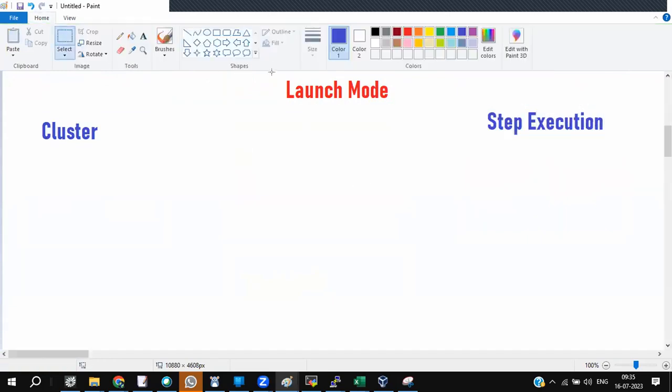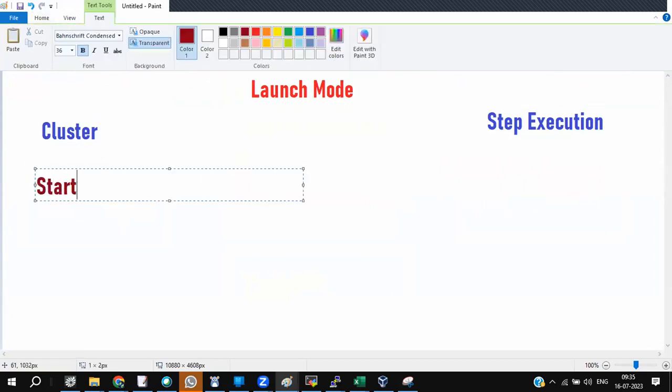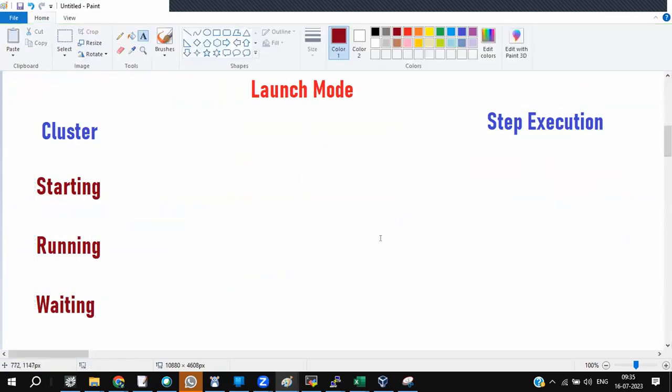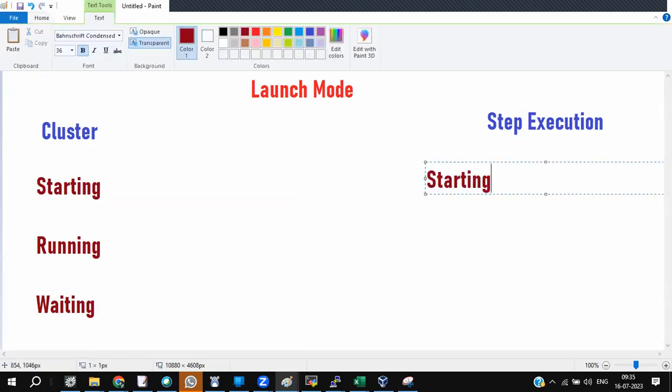By the time you launch the cluster, how many states will it take basically to come to action? Starting, running, and waiting. Agreed, all of you? But in step execution, starting, same running.